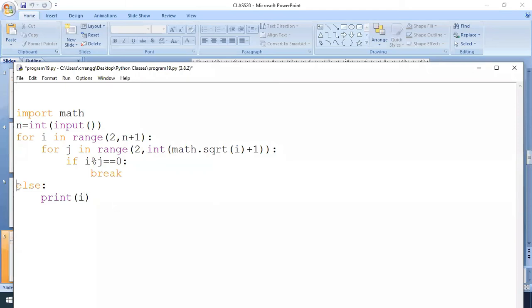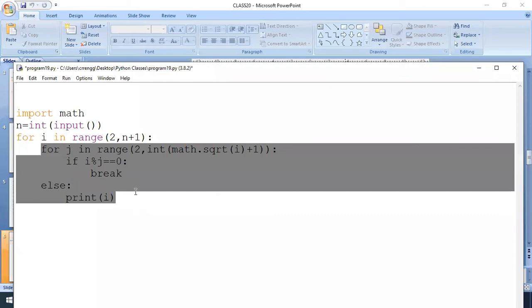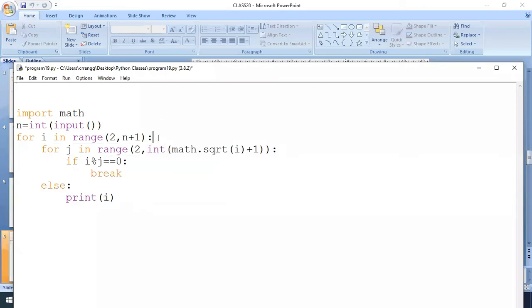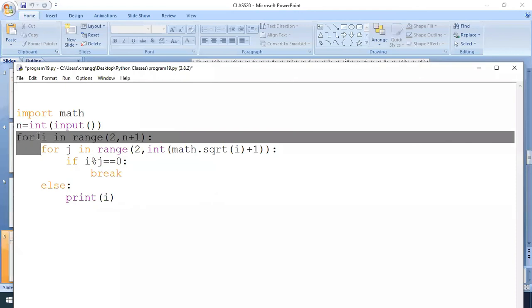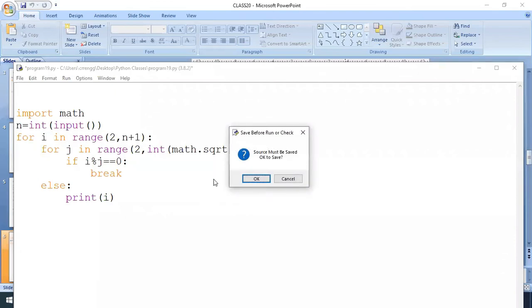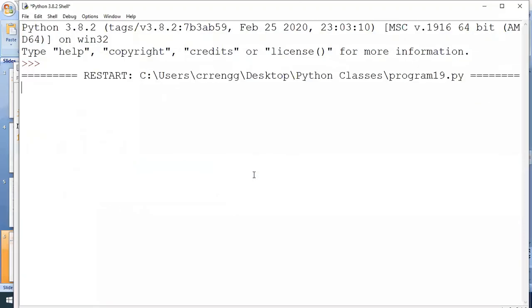So this else is for this for loop. This is the program we already discussed. Here we just write one extra for loop, for I in range of 2 comma n plus 1. We execute this program. If I give 10, 2, 3, 5, 7.